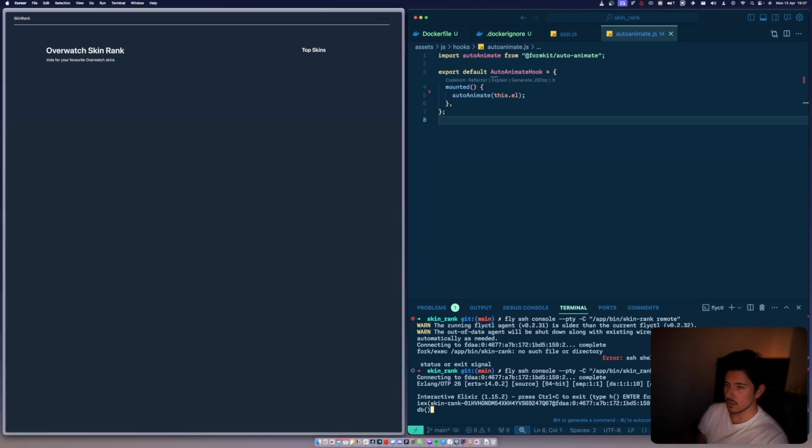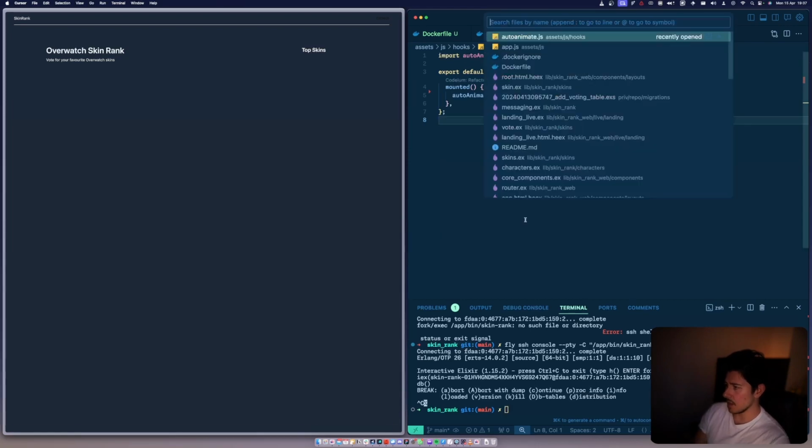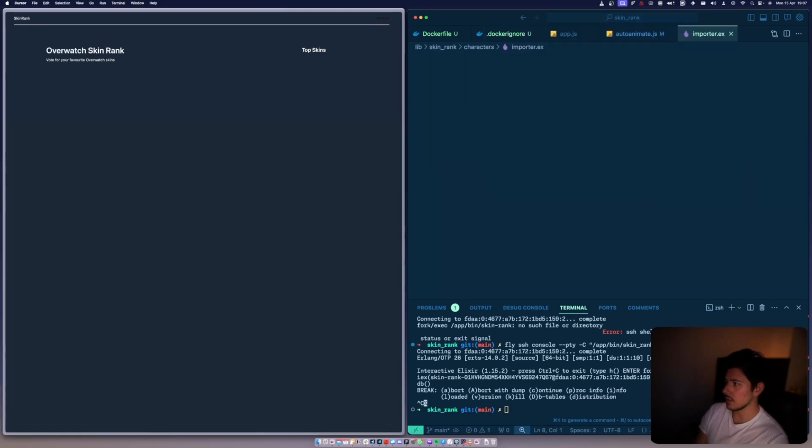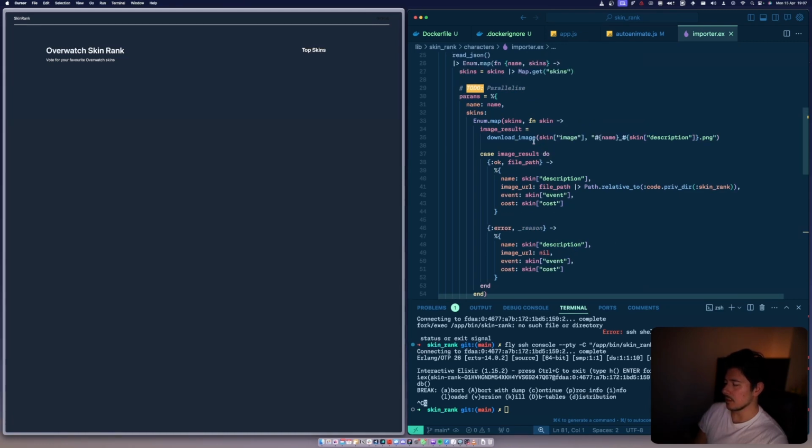But there's a few issues here. Right now there's no persistent storage on the box. We need persistent storage. The other thing is my importer is very slow because I'm doing everything synchronously, and we have to parallelize it. So let's keep that there until it's done. But for now, what I'm going to do is run